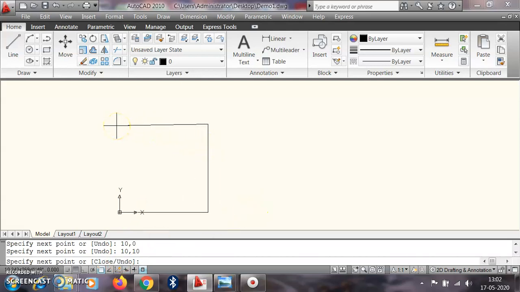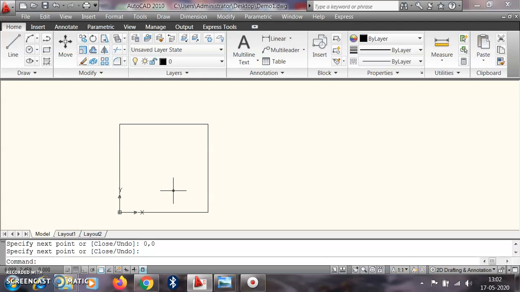Then I require this point. Here, in the y direction there will be 10, but the x coordinate is 0, so I can put here 0,10. This will be this point. If we have to complete the drawing, we can type C here, or directly type 0,0 again. Once I press it, that completes it. This is the very simple command with which we can draw lines and different shapes.